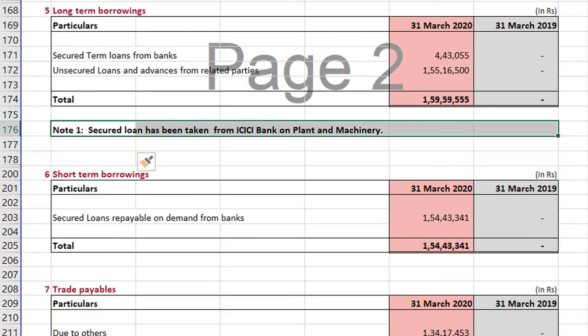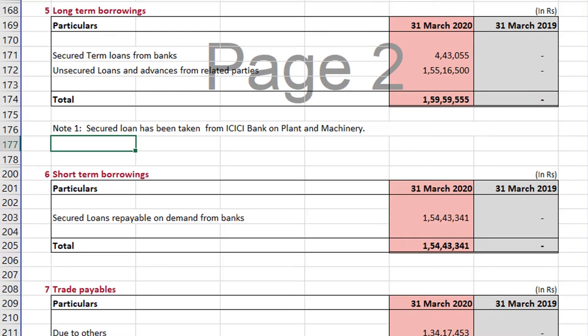In case you want to merge this, you can just press Ctrl J. This will merge it entirely. In case you want to merge certain cells, you select the number of cells that you want to merge and just press Ctrl Shift G. That will merge them. So these are certain shortcuts that we have given over here. And in case you want to demerge, you can just select the range and unmerge it.